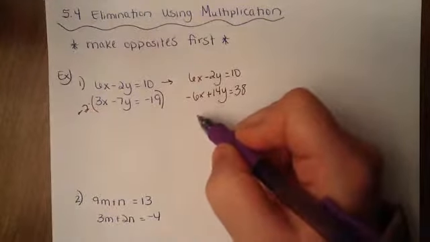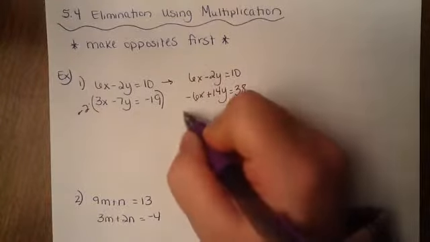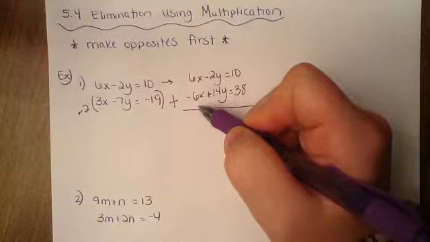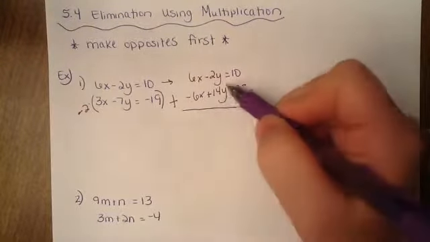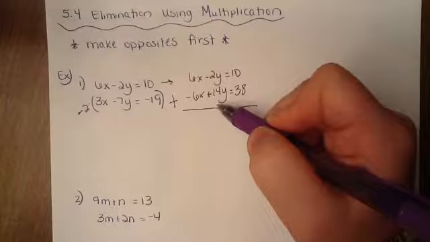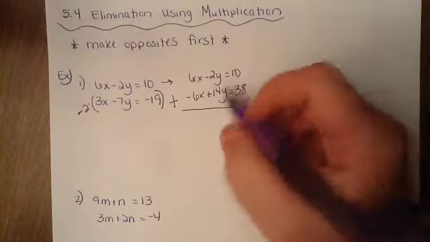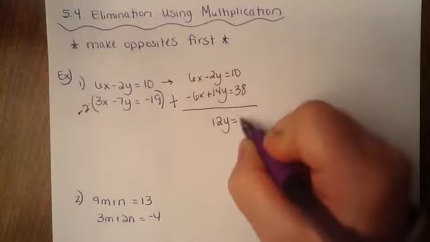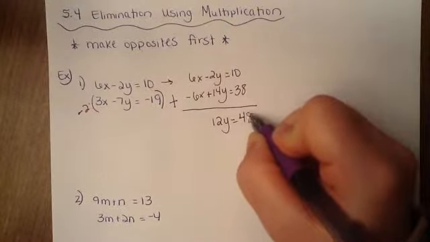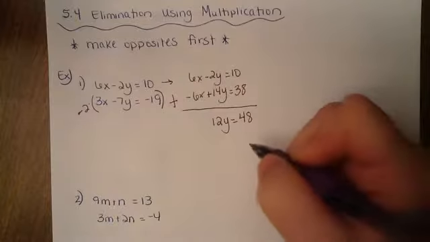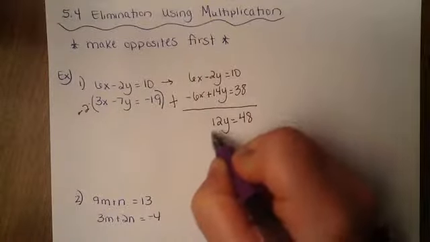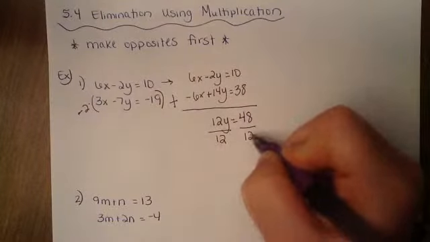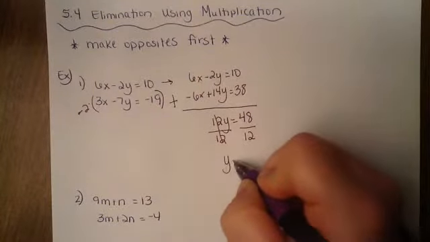Now do we have opposites? Yes. So if I make this a big addition problem, what happens with our x's? They will cancel. Negative 2y plus 14y, 12y equals 10 plus 38, 48. Lastly, to find y, we will divide by 12. What I do on one side, I must do to the other. Y equals